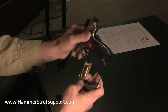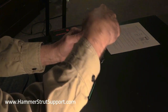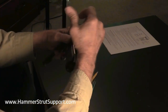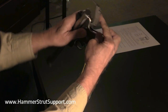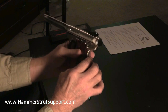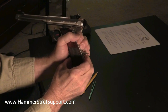To reinstall the hammer mainspring assembly, simply point the barrel of the gun downward and put the bolt plunger through the bolt, and then force it up till it snaps in. Now tilt the gun upward, the barrel upward. That lets the hammer struts hang freely. Then close this latch. When you do that, you should see that this is springy. Springs in and out. That lets you know that it's installed properly. So push it down, close the latch,